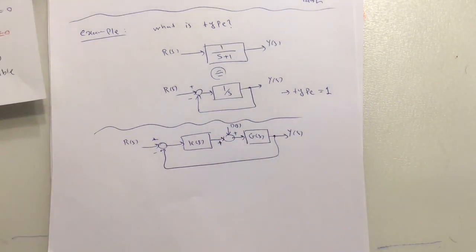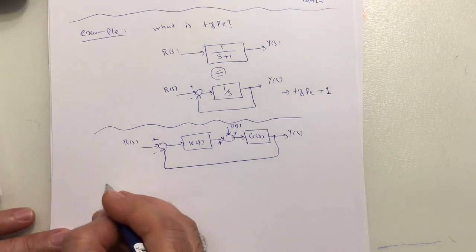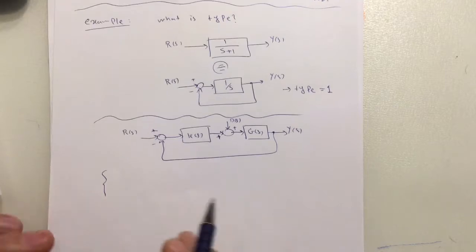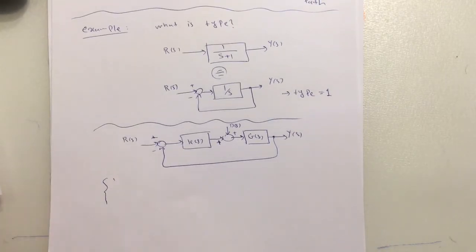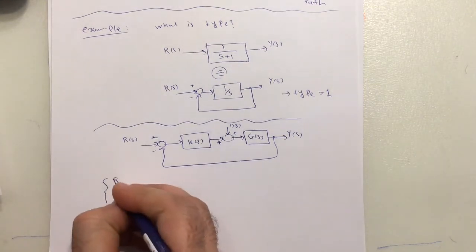So the second part of the theorem says that, again, stability is one of the assumptions and also the unity feedback. But anyway, the second part says that if R of S is 0